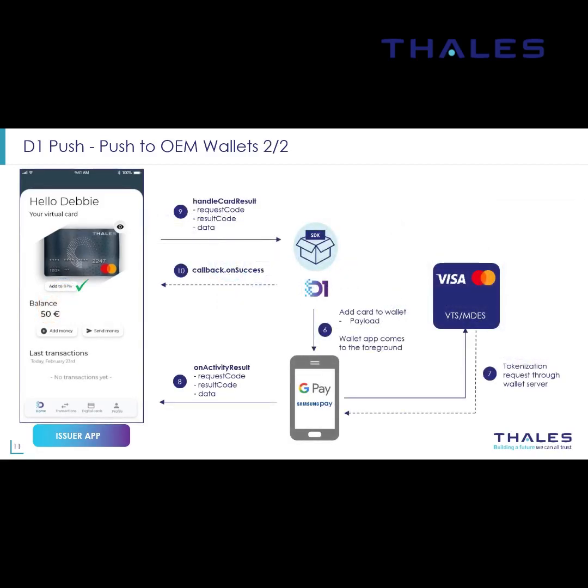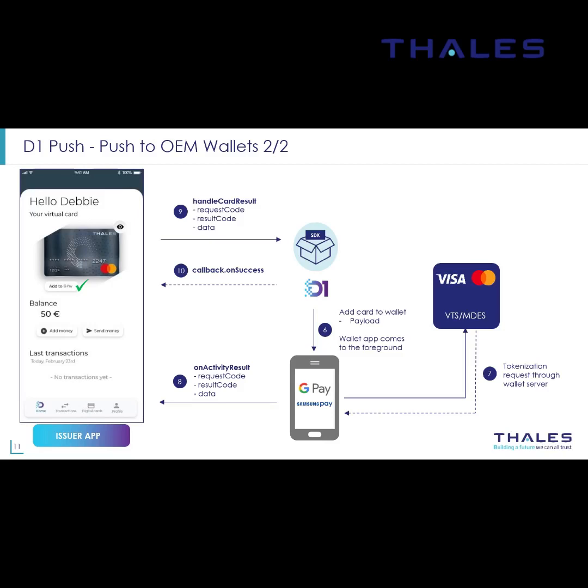The flow continues when the SDK passes the payload to the wallet application. At this step, the wallet app goes to the foreground and asks the user's confirmation about adding the particular card, as we've seen previously. When the user accepts the terms of service, the wallet sends a tokenization request through the wallet server to the TSP. The D1 SDK indicates the result of the push provisioning attempt in either the on error or